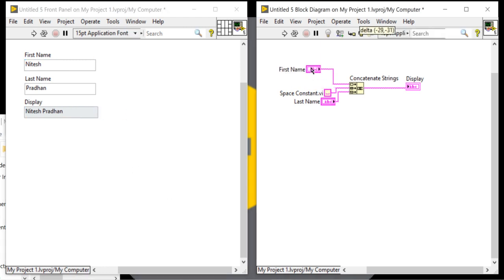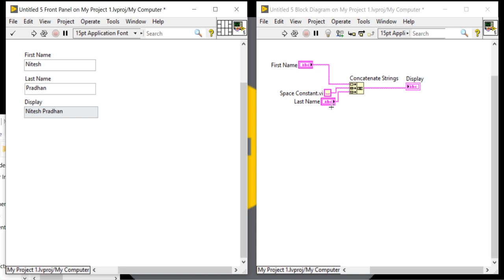I want to eliminate the space, the space provided by the user at the end of the name. If the user provides any space at the end of the name, I want to eliminate it.